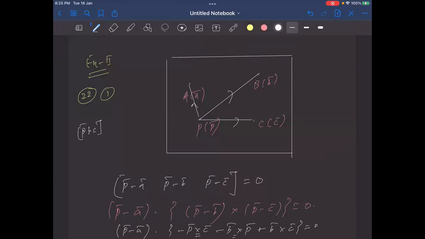If I take dot with A, so it becomes plus APC, and dot with A plus ABP, and dot with that is plus minus ABC. Correct? So what is that we are getting? We are getting STP of ABC is equal to,